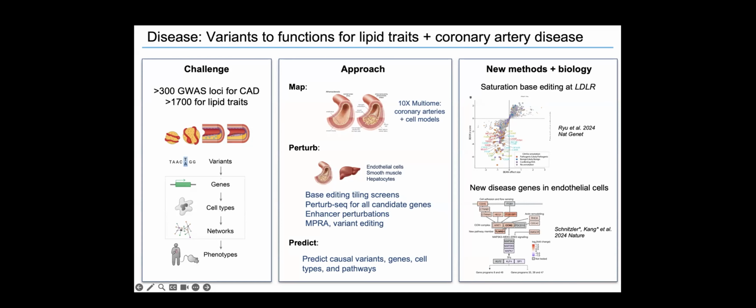To tackle this problem, IGVF groups have collected single-cell reference maps in human coronary arteries and cellular models, perturbed thousands of variants, elements, and genes in GWAS loci using base editing, perturb-seq, and massively parallel reporter assays, and are integrating these functional data with gold standards from human genetics to develop new methods to identify causal genes, cell types, and pathways. These efforts have produced resources to interpret coding variants in key genes such as LDLR and discovered a role for a specific signaling pathway in endothelial cells in coronary artery disease risk.